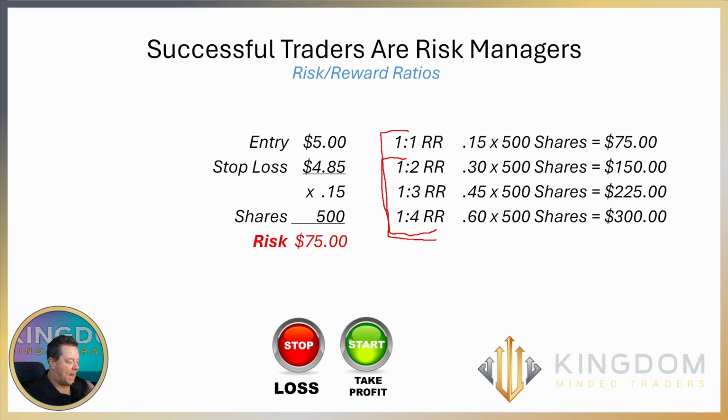In other words, for every single dollar that I'm risking, I'm making $2, $3, or $4. And how we do that is making sure that we set both stop losses and profit targets. Now, I've had several people ask, well, why do you set a profit target? Why don't you continue to let the stock go up? That is typically a very good question. However, here's why. Because if I can hit consistently a 1-to-3 or 1-to-4 risk to reward ratio and my accuracy goes up,